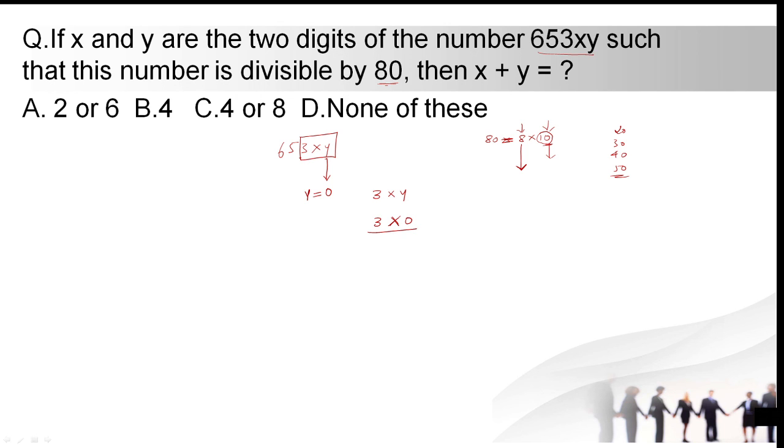Now we'll see the options. From the options we will check. First I am taking 320. In the place of x I am substituting the options. 320 can be divided by 8, that is 40 times. Yes, it is working. Next, 360 by 8. So 4 times is 32 and 5 times is 40. Okay, option A is working. Maybe option A is correct, but we need to check the remaining options also.